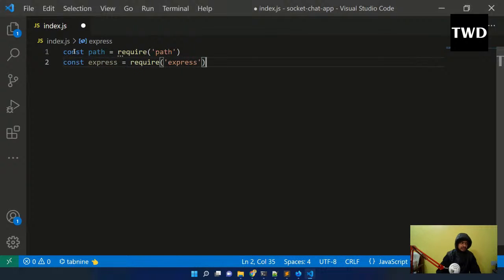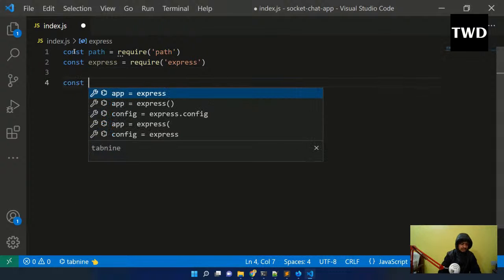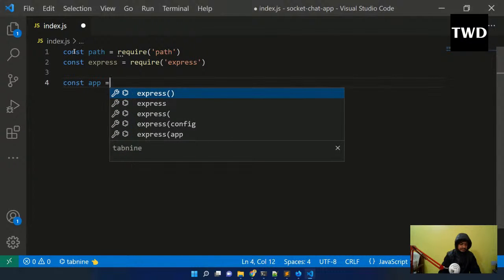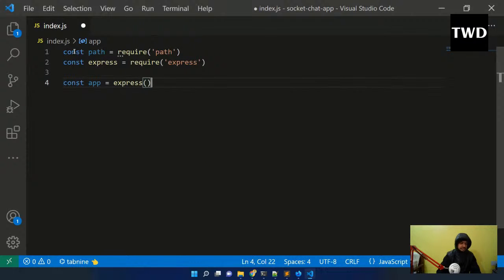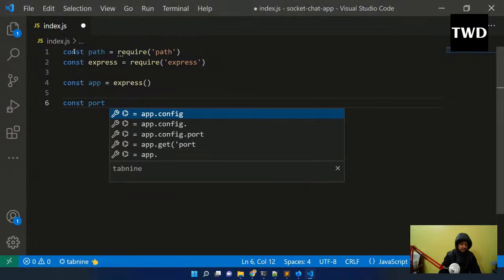Like this, and then const app equal to express, and then we'll have to use a port, const port equal to